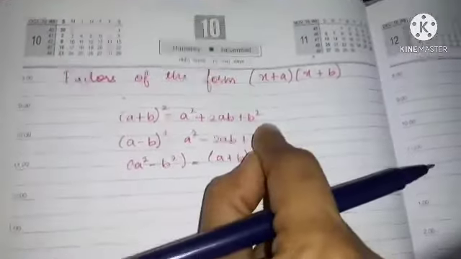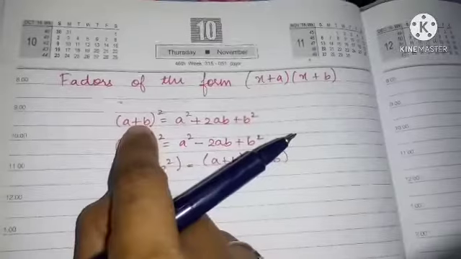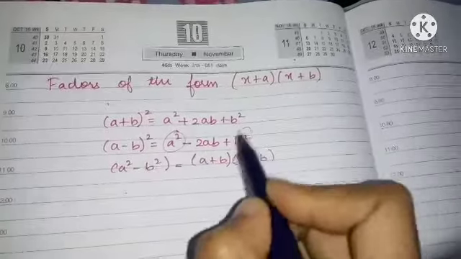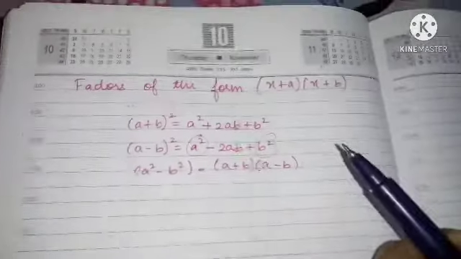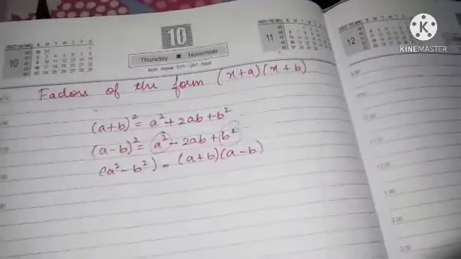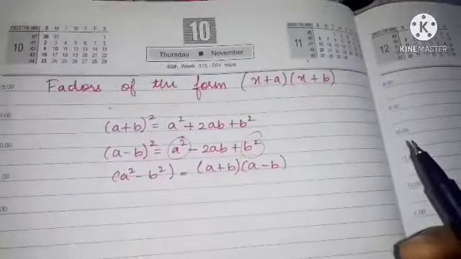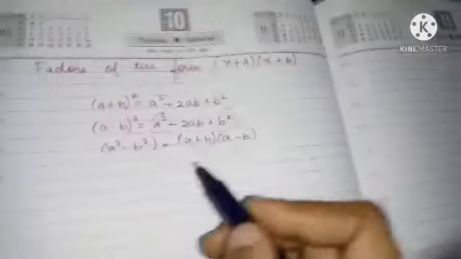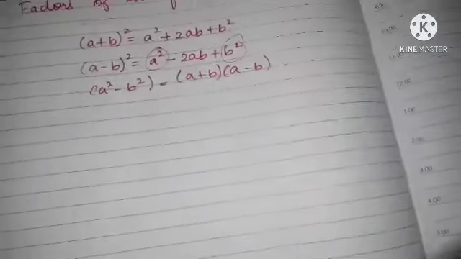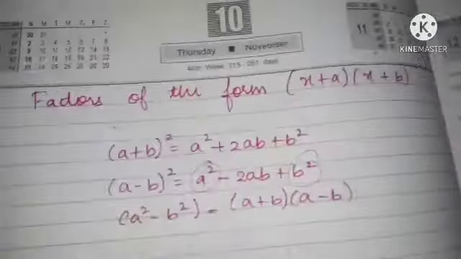So if this is the case, what we will be using now: when three different terms are there, and the first term and last term are perfect squares, we will use these identities. Like 49, 36, 4 is nothing but 2 square, 9 is 3 square. If it is a perfect square, we will use this type of identity. Like a square minus b square, both a square and b square should be perfect squares. Correct? If that is the case only, you will use these identities.